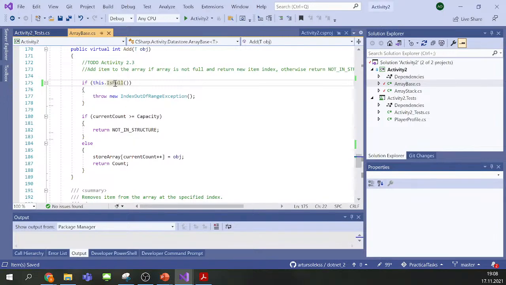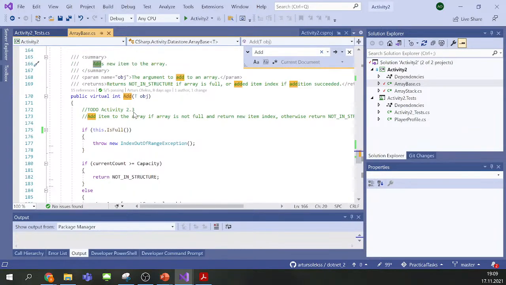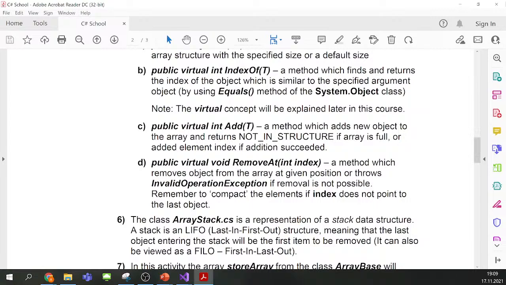Is full checks if the number of elements reached the capacity this array has. Then, if it's full, we can trigger the